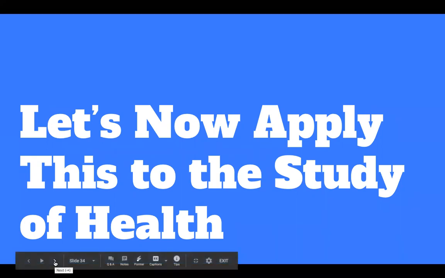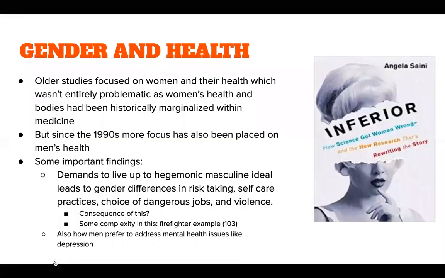So if we apply this to the study of health, your book makes several points. They don't give you a whole lot of information about gender and health here, but they do make several points. First of all, they say older studies largely focused on women and their health. So when you talked about gender and health, you were largely just conceptualizing it as being women's health. And they said that was largely the case up until the 1990s. So beginning in around the 1960s to the 1990s, we had 30 years of talking about gender and health, largely from the viewpoint of what does that mean